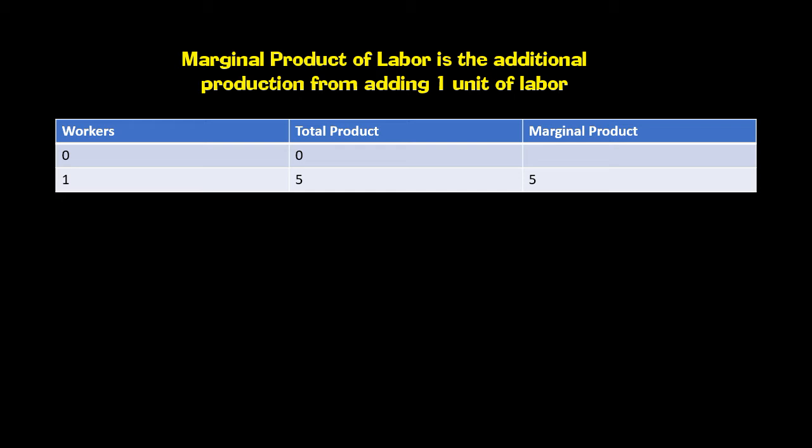All right? So we start out here at our restaurant. We have no workers. Well, how much do we produce if we have no workers? Hopefully you all believe that we produce nothing if we have no workers, and so our total product is 0. Now we have 1 worker come in. That worker by themselves can make 5 burritos an hour. They have to cook. They have to do all the serving stuff, 5 an hour. That's all they can get done. The marginal product of that worker is 5 burritos. Okay? Their marginal product is 5 burritos.